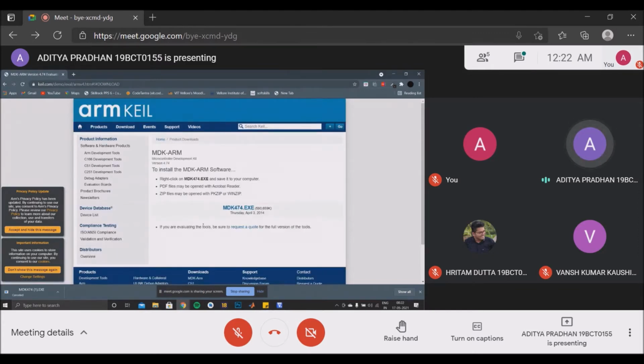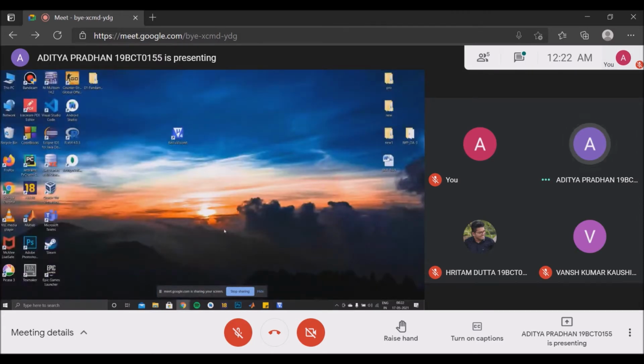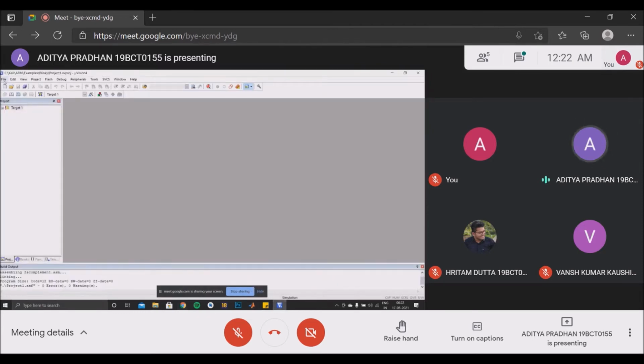After pressing the submit button, we are provided with the exe file. We need to download this file and install it with the given settings. After installation is finished, we will be able to see the shortcut of the app on the desktop. On opening the app, we are first required to create a new project.